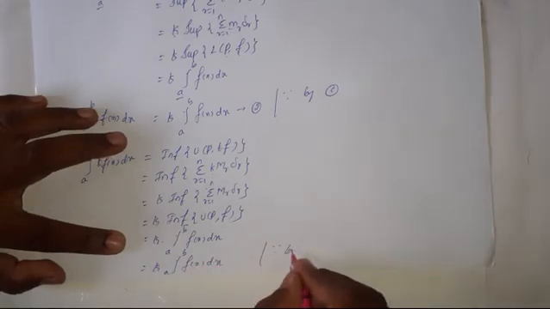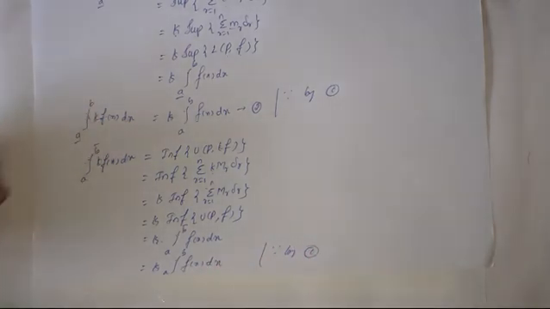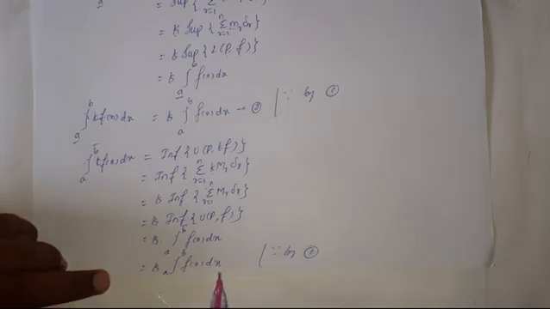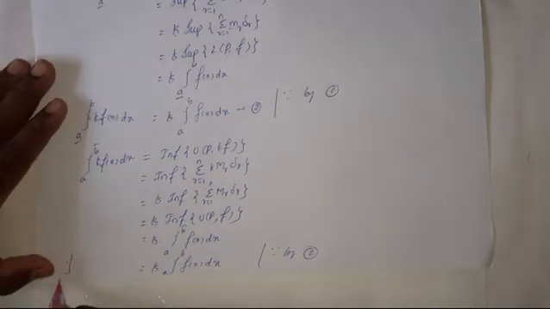This is also by using equation 1. So here the integration over a to b bar is nothing but the integration over a to b f of x dx. Therefore, the integration over a to b bar k into f of x dx is equal to k into the integration over a to b f of x dx, and consider this as equation number 3. So now by using the equations